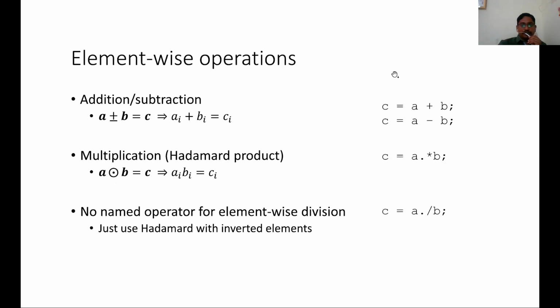Matrix multiplication is denoted by A star B, where A is a matrix and B is a matrix. For matrix multiplication, one must know their sizes must match. The orders of the two matrices have to be such that we can multiply them, otherwise an error will come. But if somebody wants the Hadamard product, that is component-wise multiplication, then the dot star command is applied. Whenever there are element-wise calculations, you need to apply dot star. Another is element-wise division. I will discuss this later in the session when the MATLAB program is open.